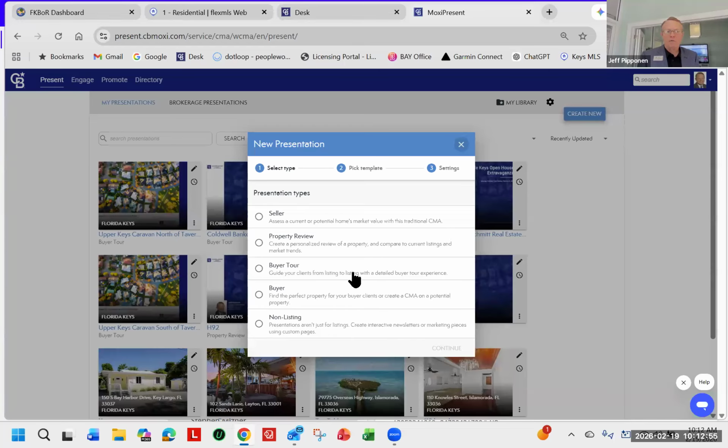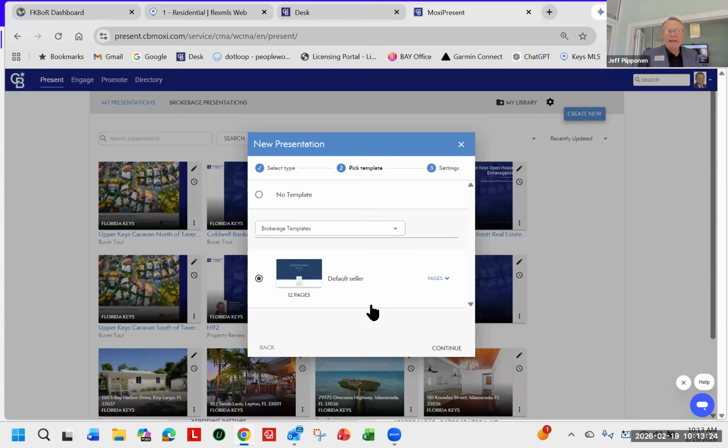You can do one for a buyer tour. If you're going to show somebody 10 houses on Tuesday, you can create a tour for them and send them a web link for that, and also print out the tour for them if you're going to be going with them on that. And it's pretty cool. So I'm going to click right here, seller,